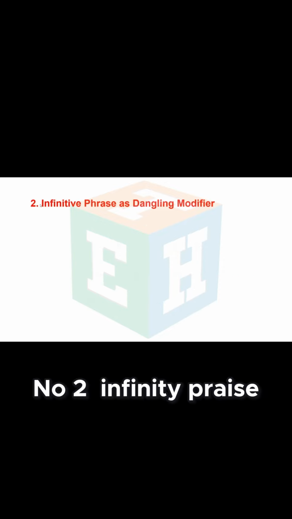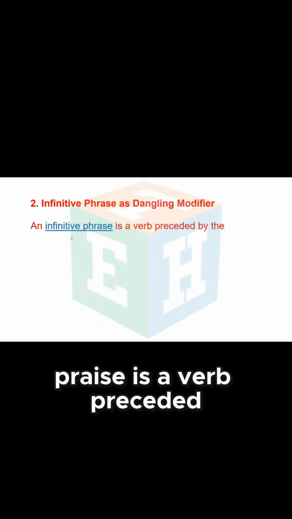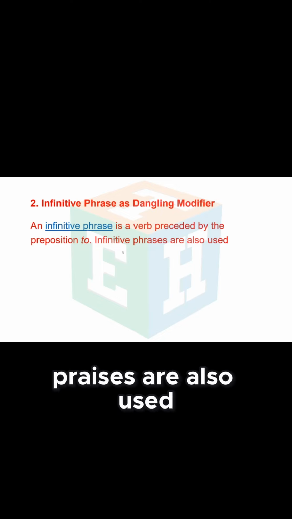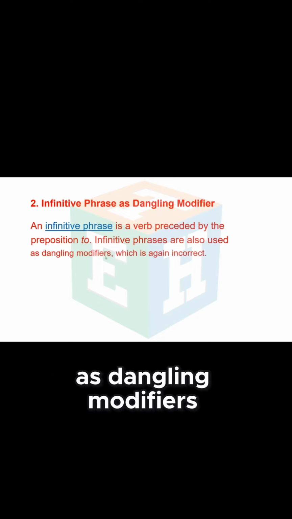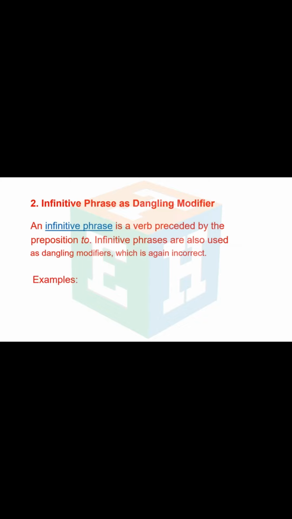Number 2, infinitive phrase as dangling modifier. An infinitive phrase is a verb preceded by the preposition to. Infinitive phrases are also used as dangling modifiers, which is again incorrect. Examples: